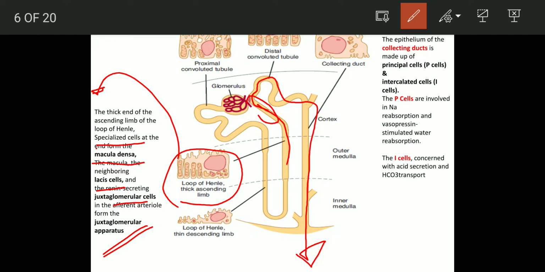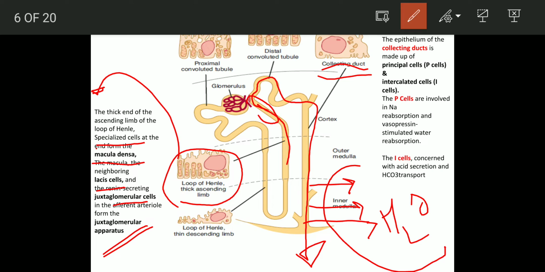Okay, in this collecting duct, if you look here, this collecting duct will basically reabsorb sodium. This will reabsorb water. It will try to reabsorb water as much as it can, so that there is a proper amount of urine. If your body goes into dehydration, it will try to conserve as much water as it can. If your body is overhydrated, then aldosterone and antidiuretic hormone will come here, and the antidiuretic hormone will be less. So there will be much more diuresis.